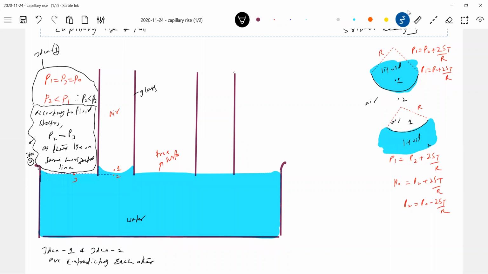Tell me, there should be some solution for this. Is it that the pressure on the concave side should be more than convex? Is it a proven thing? Yes, it's a proven thing. If a liquid is at rest, and you draw a horizontal line, the pressure at all points on the horizontal must be equal. So that is also a proven thing. But both these things are contradicting each other.